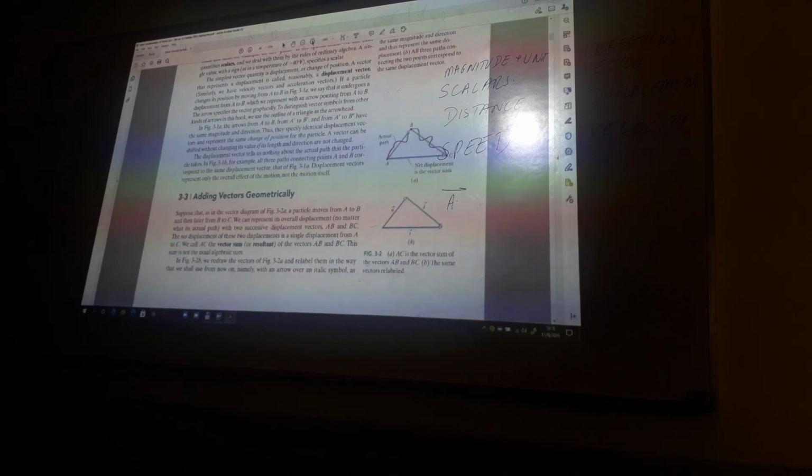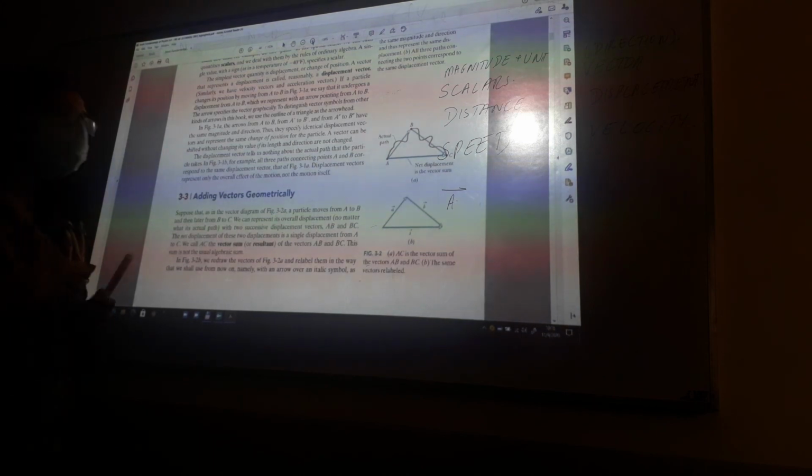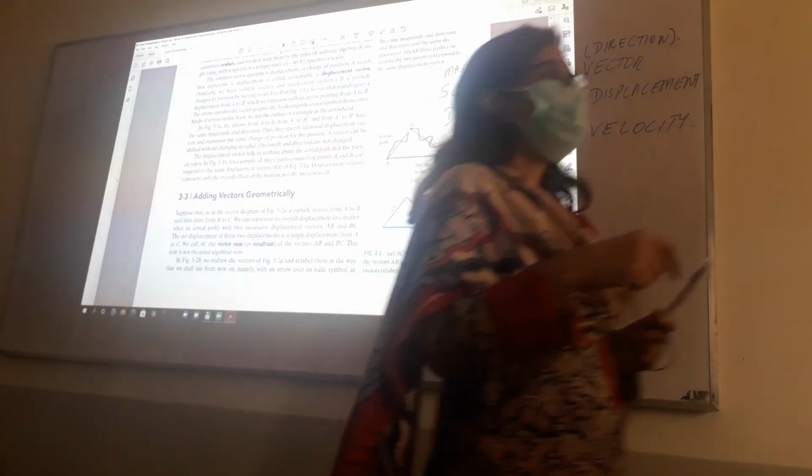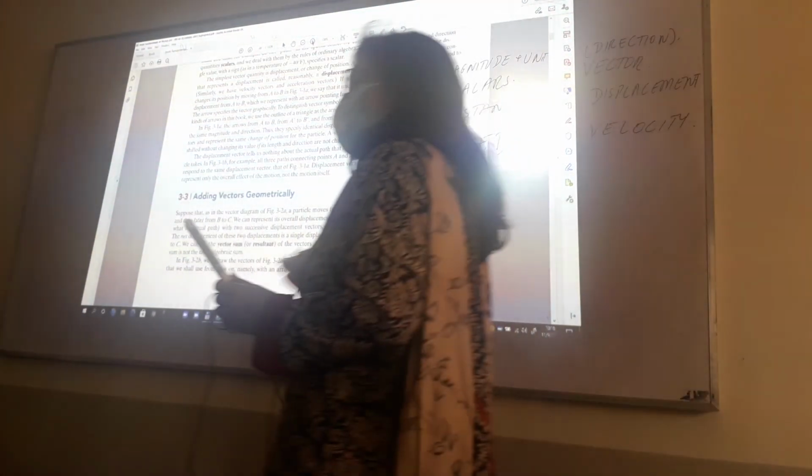The first chapter was about units, right? The second chapter was about motion, and we were using these terms: displacement, distance, velocity and speed. But now we are going to also understand which quantities are vectors and how we can add them, how we